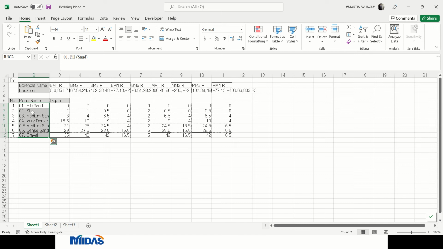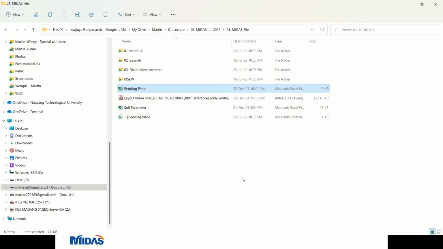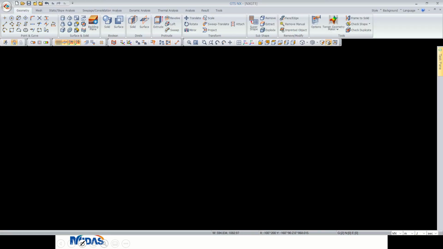So basically what I'm saying is, if in one borehole you don't have that data, you just key in the same depth. This basically tells the software that this soil layer is going to be squeezed and is basically non-existent. Let us take a look again. So you just key in the soil layer, the depth, and the coordinates of every borehole in X, Y, Z. Then you close and open your software again.